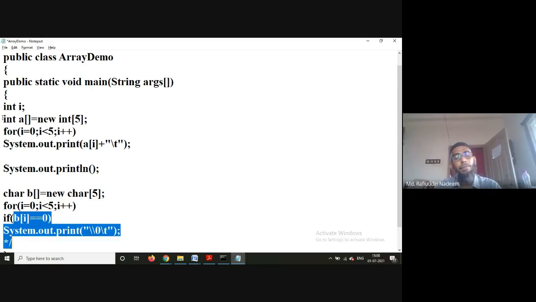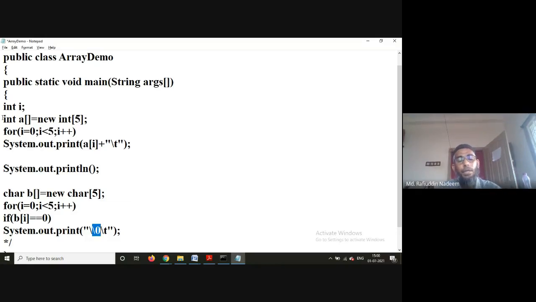So I'm saying if b of i is equal to 0, then System.out.println backslash 0. Say backslash as we used in C. Another point to note down is that in C we used the escape sequences like \n, \0, \t, \v.